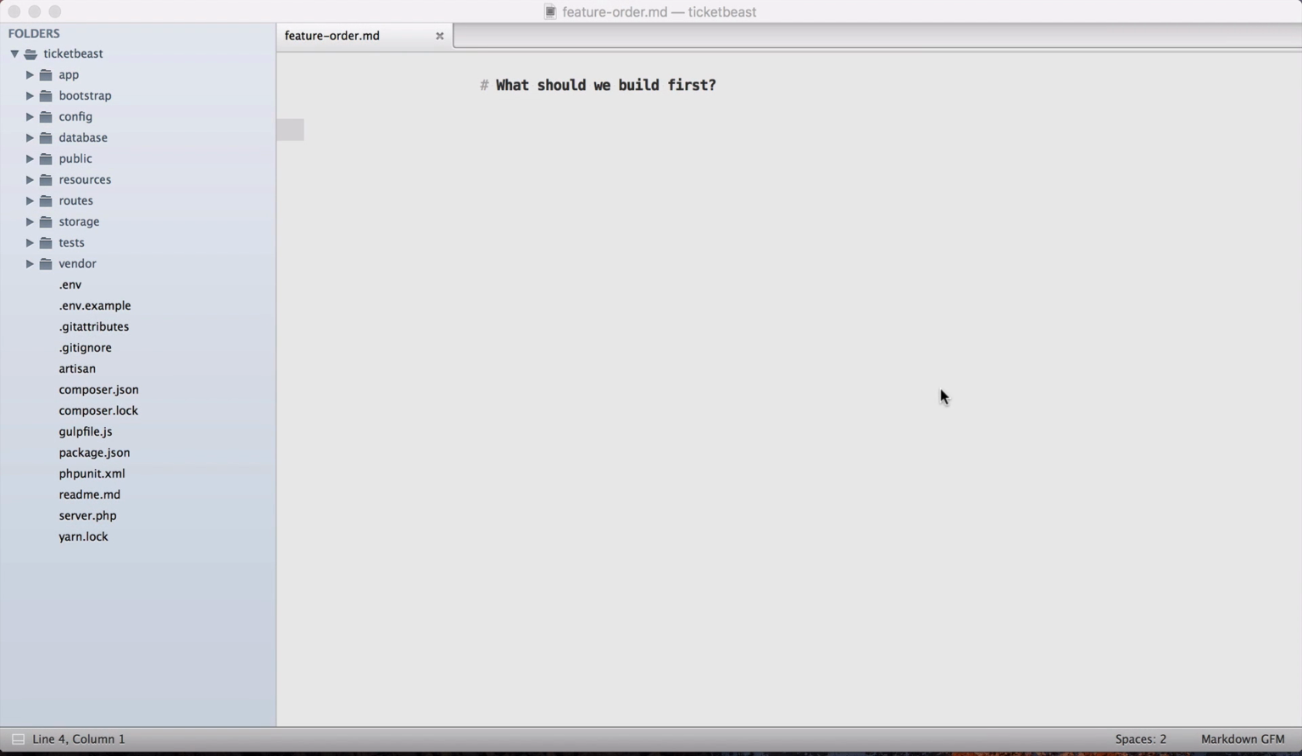Let's get started. So the very first thing we need to do when we're building a new application like this is figure out what we're even going to build first. What's the very first feature that we're going to build? What's the very first test that we're going to write? How are we going to get the ball rolling and build some momentum so we can keep moving